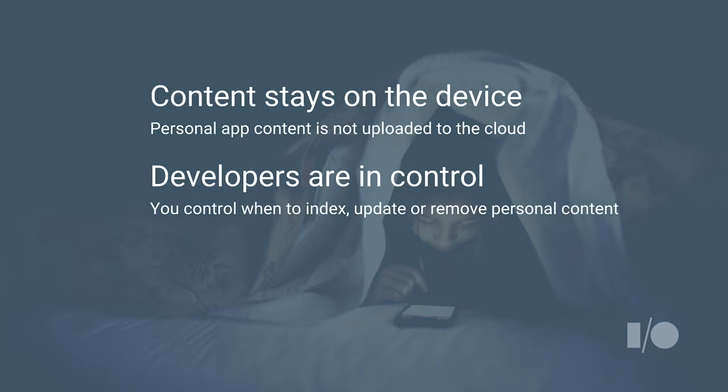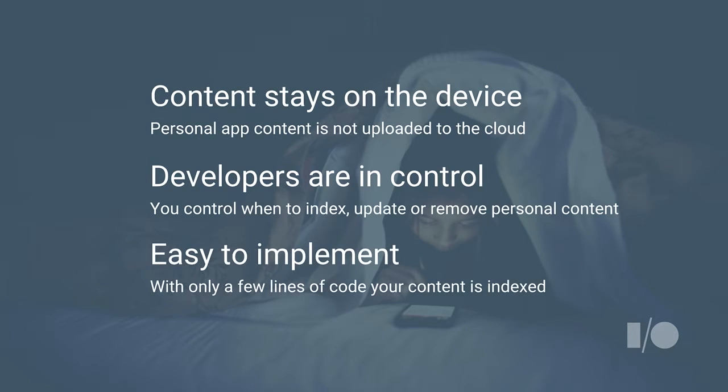And finally, if we advance once more, there you go. We had simplicity in mind when we built this. Fabian already explained how easy it is right now to get that content into Google Search, just a few lines of code, and we want to keep it as simple as that. All it'll take is just a few lines of code, and your personal content will be indexed on the phone. Now, let's look at some of the cool experiences that we could actually enable with that addition. We've worked with some very special partners in an early access program to demo some really cool use cases that this addition will be able to unlock.